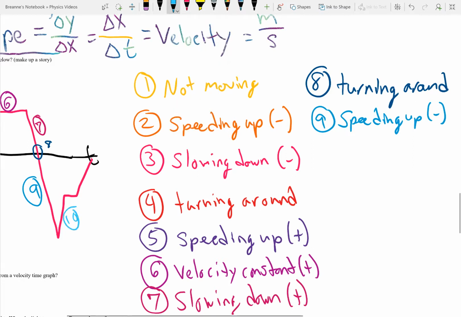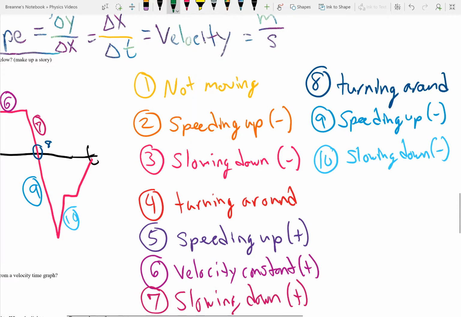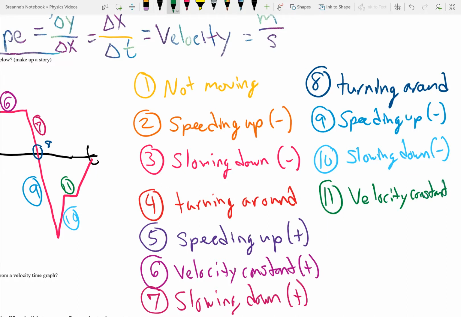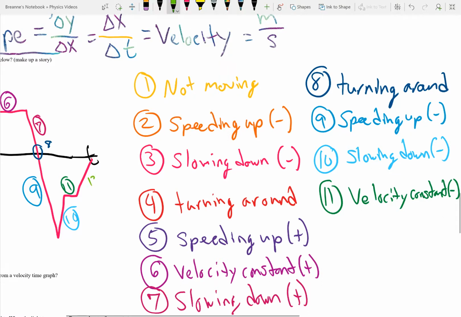Number 10 would be slowing down in the negative. For 11, velocity would be constant in the negative. Last but not least, we'd have 12, and I would be slowing down